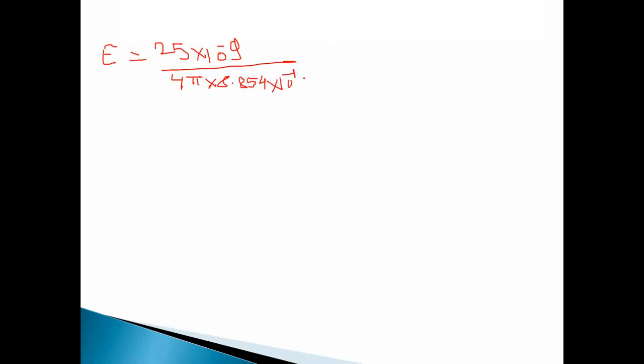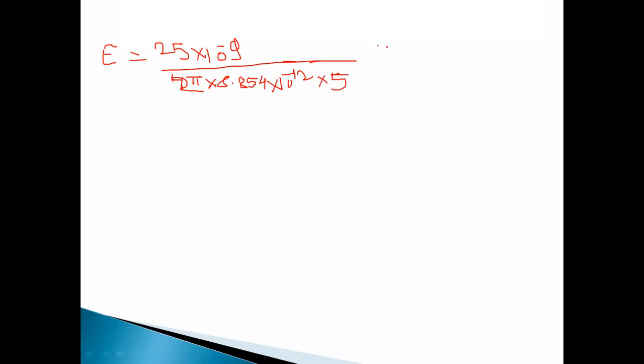Ma'am, is the formula 2 pi or 4 pi? Sorry, 2 pi. I think in the formula, yes, I have written 2 pi. So in general it is 4 pi, but for an infinite line it is 2 pi. 2 pi into 8.854 into 10 raised to minus 12 into r. Here only r, not r square. So 5 into unit vector a bar r.